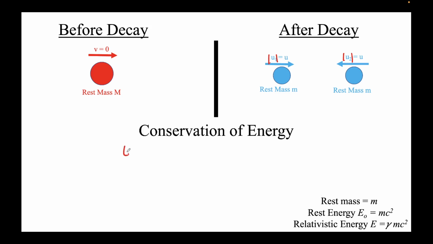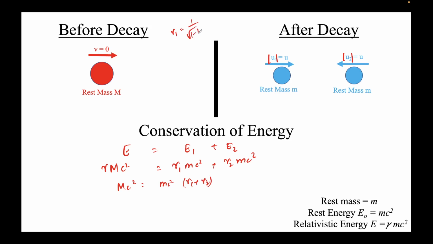So I'll write the expression capital E equal to E1 plus E2. Capital E would simply be gamma capital M c square, equal to gamma 1 small m c square plus gamma 2 small m c square. Gamma is 1 because this mass is at rest, so it will be M c square equal to m c square times gamma 1 plus gamma 2. Now we already noticed that gamma 1 was 1 over the square root of 1 minus mod u1 square over c square, and this will be equal to 1 over the square root of 1 minus u square over c square. We noticed that, right? Because the u1 magnitude is u, and this will also be equal to gamma 2. So what we'll get here is that c square gets cancelled, so M equal to 2m times